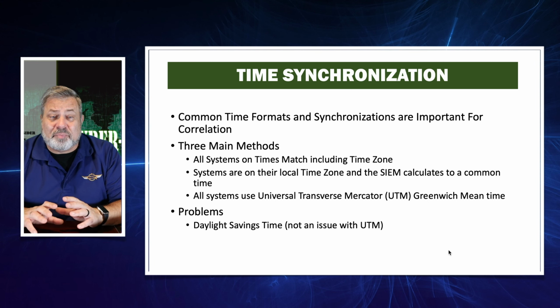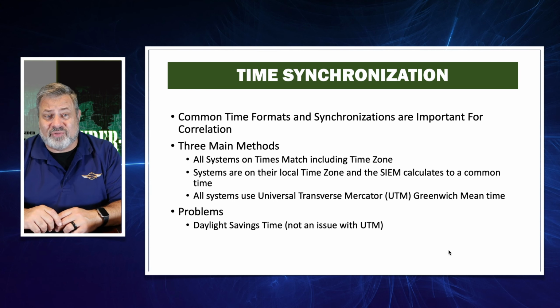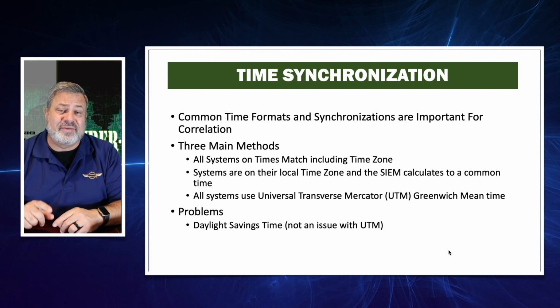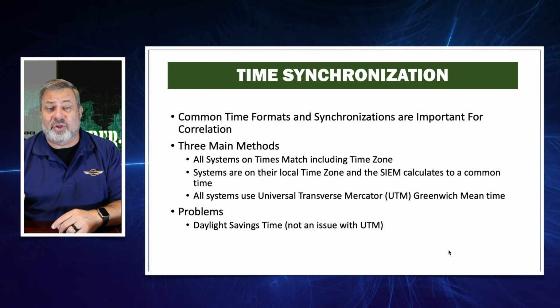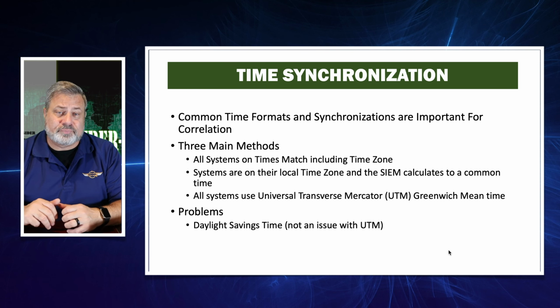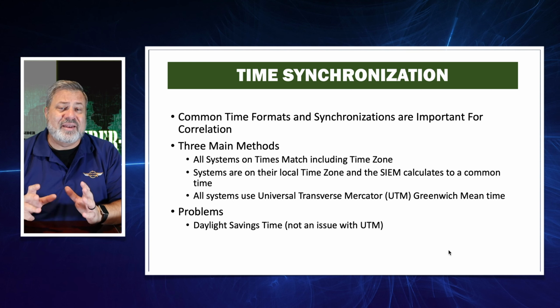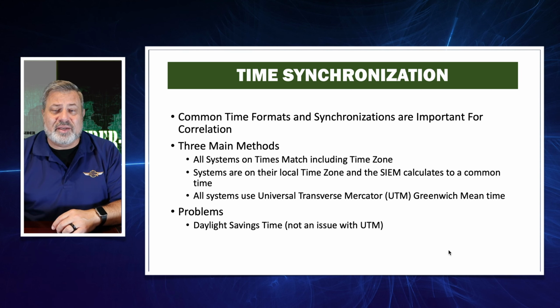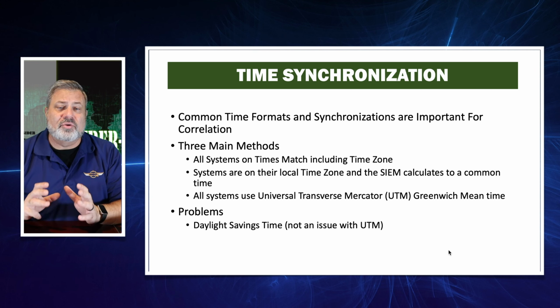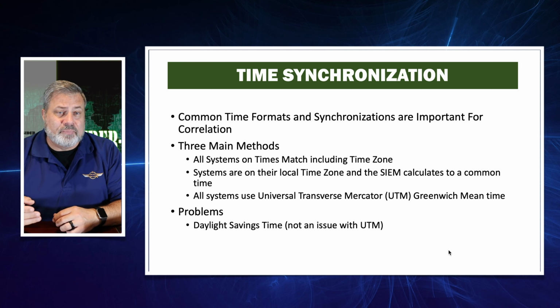When we're using a SIEM tool, especially across an organization that's spread out across different time zones, time synchronization is important. Common time formats and synchronization are important for the correct correlation of events. There are three main methods we can use when we're doing correlation. All systems can use the times that match their local time zone. All systems can use a time zone that matches the SIEM tool, or all systems can use Universal Time Coordinated, or Greenwich Mean Time, which means all systems are set up on a time that's basically the time of